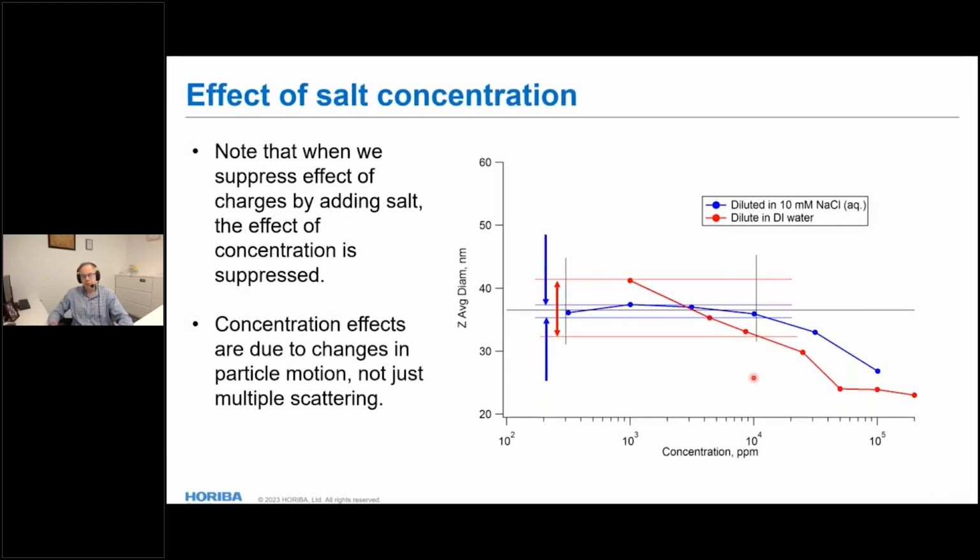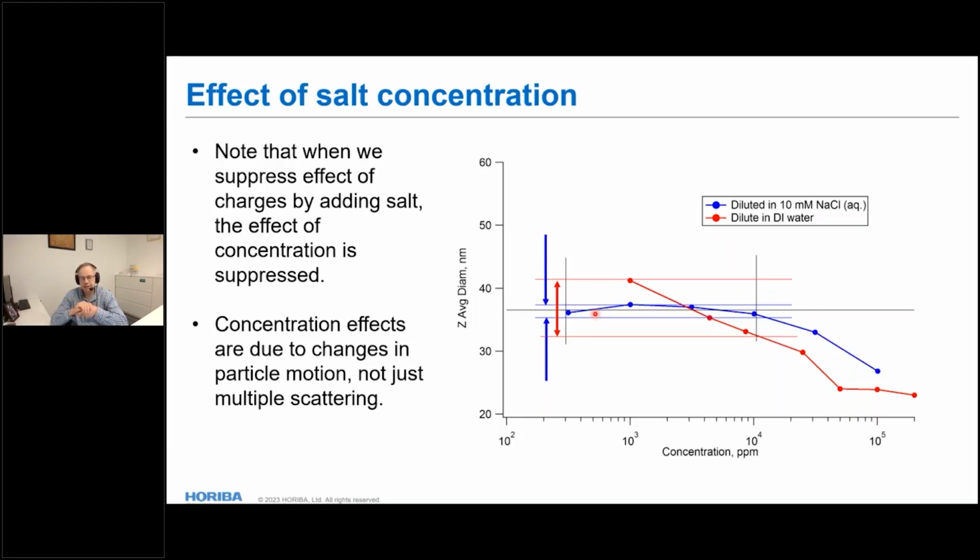Now, I want to make a comment on salt concentration because, okay, so this is colloidal silica, and I'm plotting measured size as a function of particle concentration, and I dilute it in DI water in red and in 10 millimolar sodium chloride in blue. Now, the interesting thing about this is, first, it shows you an important rule, which is when I talk about all the math for dynamic light scattering, I'm assuming the particles are freely diffusing. They move around, they don't affect each other. I should say there's no physical